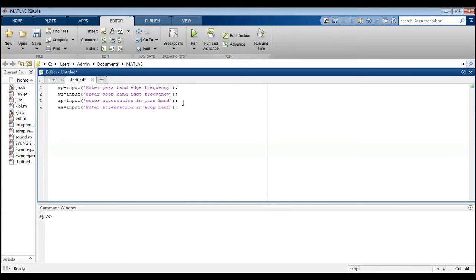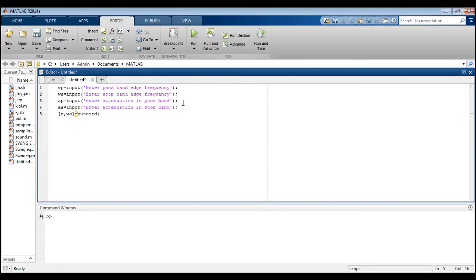So these are the data which are required for us. I've taken all the data starting from the passband edge frequency omega p, omega s, kp, and ks. The next thing is I have to find out the order, and the keyword I'm using here is buttord. For doing it, we follow the simple formula, n comma omega c, which is equal to the keyword you can just see here,